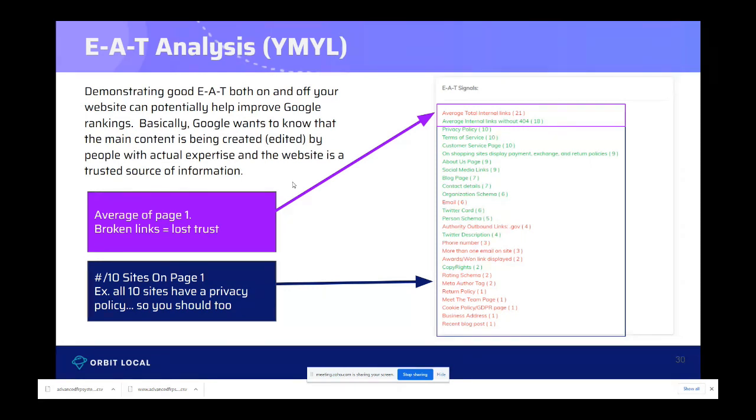The way this tool works is you type in a keyword, let's say we're looking at best organic makeup or something like that, and what those results look like. So this will tell you, okay, the average of page 1 has 21 internal links. You don't have that many. And then it'll tell you how many internal links you have without a 404. So again, broken links and not having enough content on your website is a loss of trust with Google. The other thing this tool does, it'll tell you how many out of the 10 sites on page 1